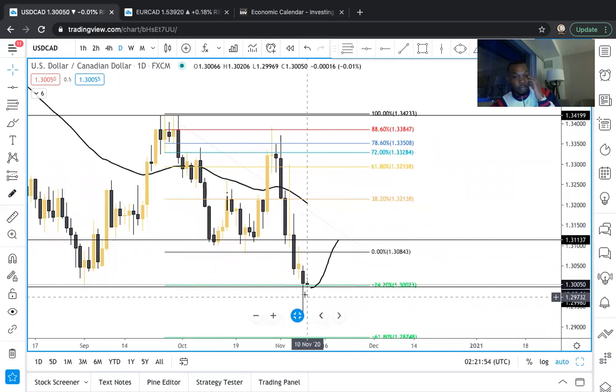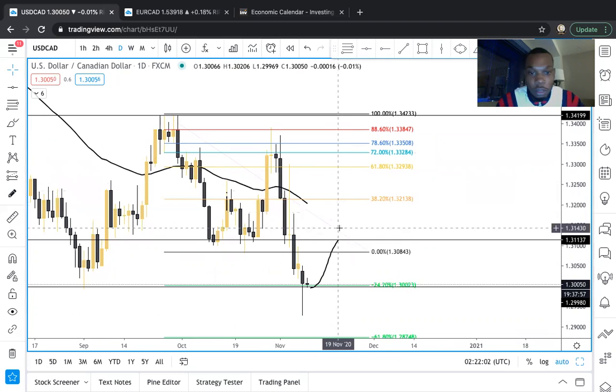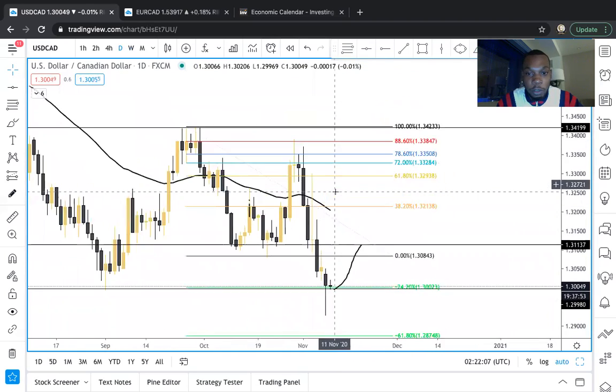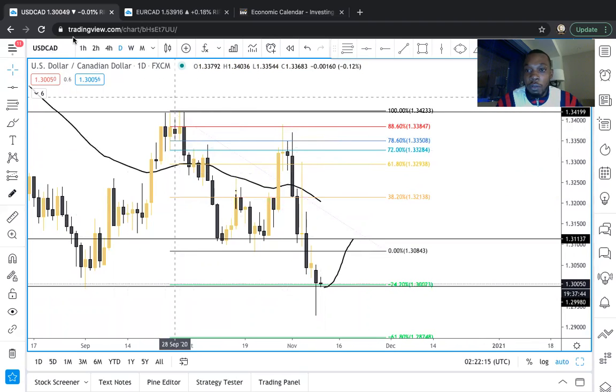If not, then we'll just continue to the downside. But yeah, a possible retracement. If we break above 1.31, then that 1.315, 1.32 level is where I look at next for possible retracements, because overall we're still in the downtrend. So I'm just looking for potential retracements to sell back down unless we get a break of the overall trend.